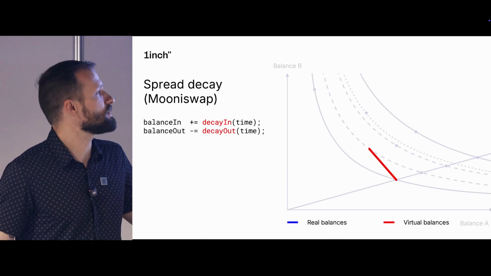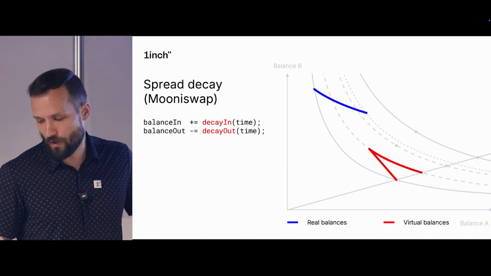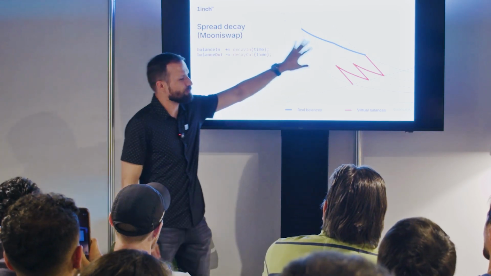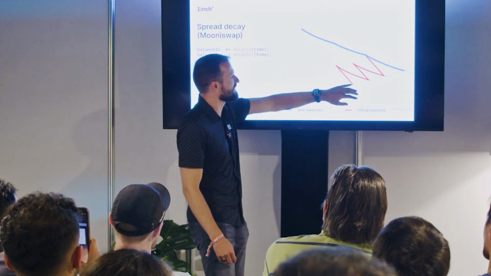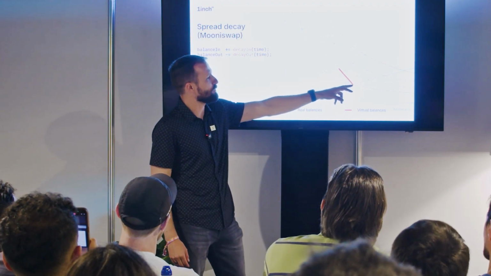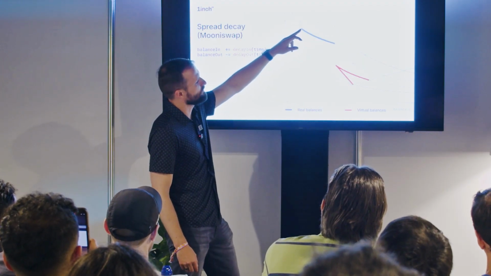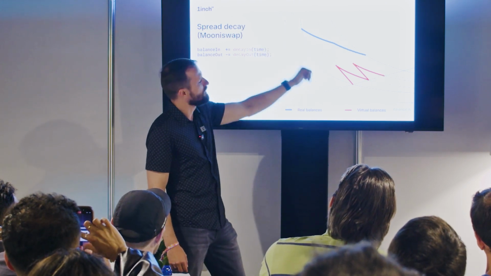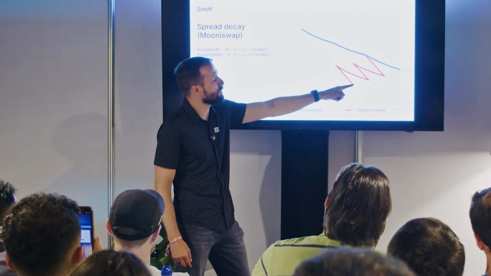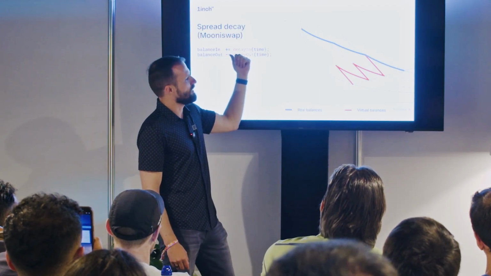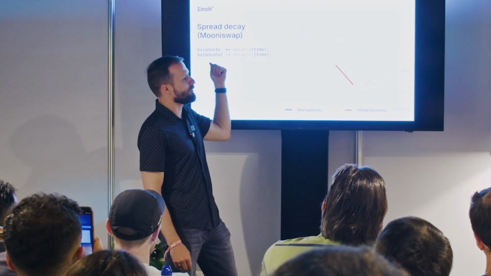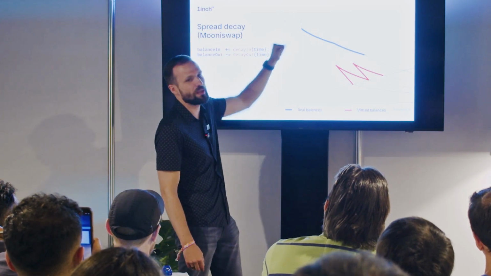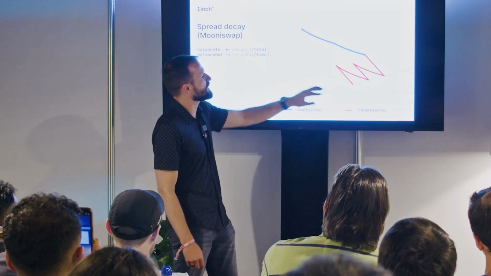And one more instruction is how Muniswap is working. I will explain it like this. When you start with those balances and some swap happens here, the swap in the back direction does not start here immediately. It starts from the old point with old balances. So this instruction pretends that the swap in the reverse direction should happen as if the previous swap never happened yet. And it's decaying over time.